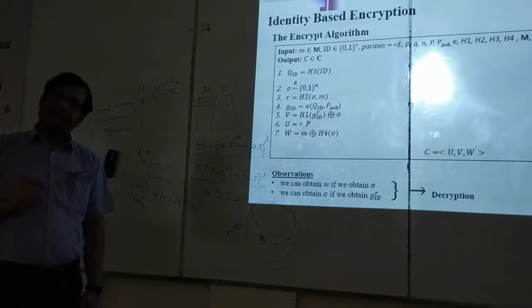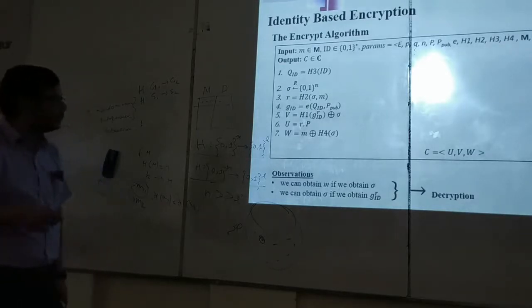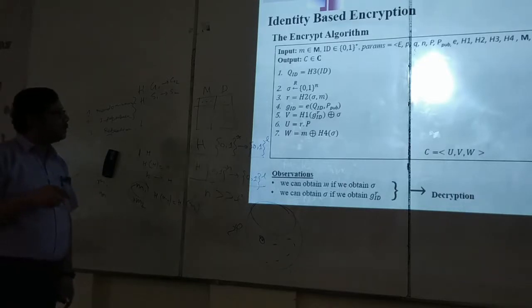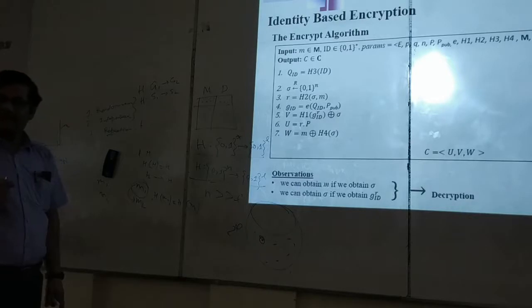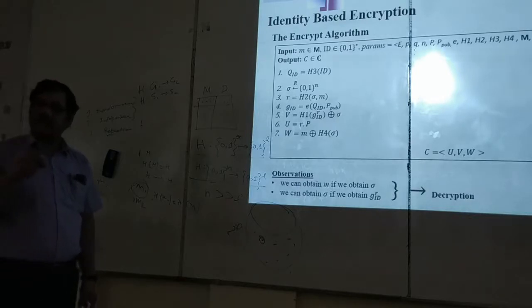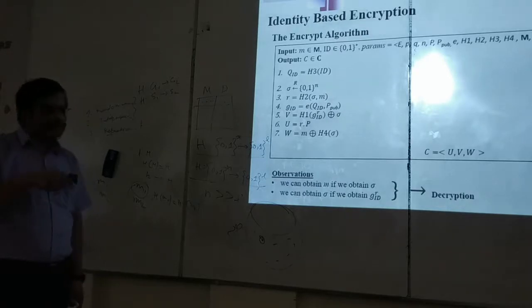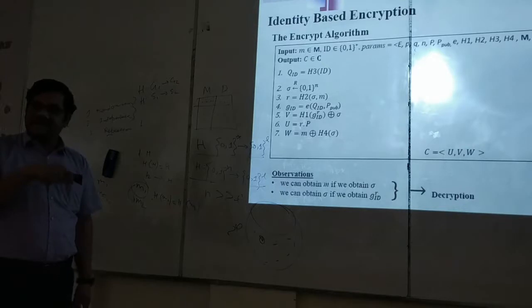We have generated it from what? By mixing the random string and the given message. So actually r is a function of the randomness and the message. Sigma is the randomness. If you repeat this algorithm many times with the same message, sigma will be different, so the r's will be different.